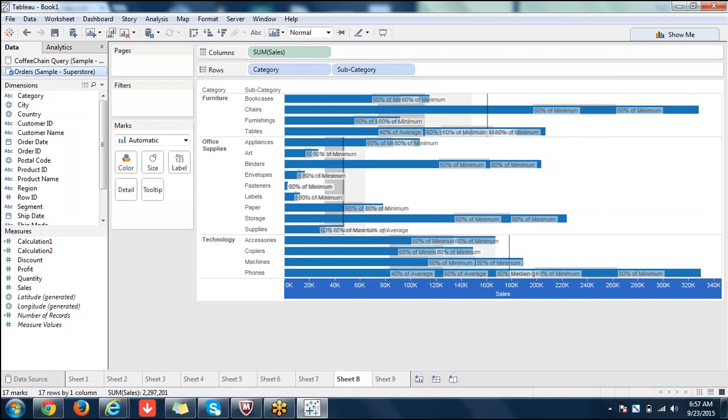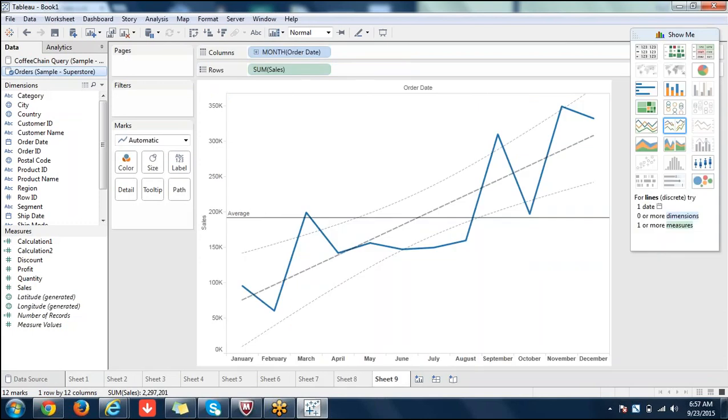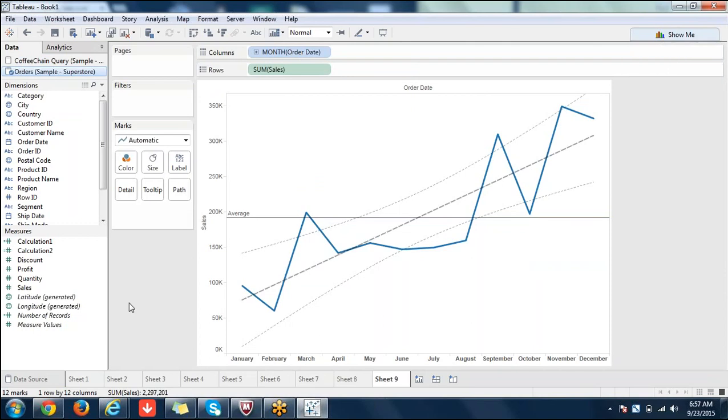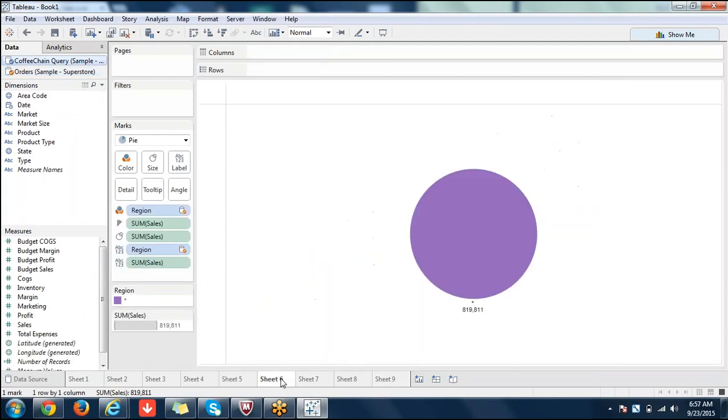Okay, so reference lines can be done only from a measure axis. It cannot be done from a dimension axis. If you see in a pie chart, if you remember pie chart and bubble graphs, there is no axis to it. 1 minute, I will try to show you. You see that there is no axis here. That's why you can't add a reference line. Okay.